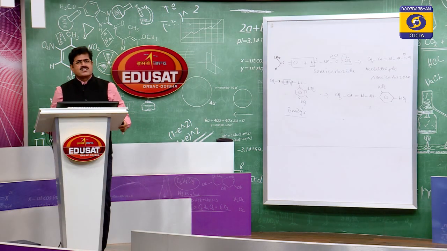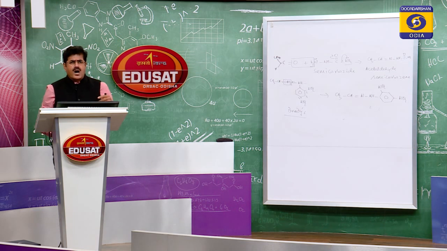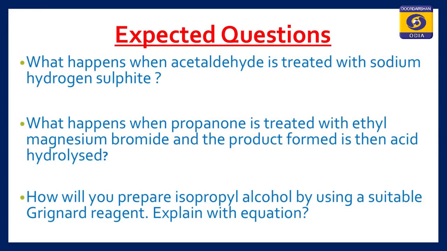Next, let us see what are the questions we are expecting on the basis of these reactions. The expected question is: what happens when acetaldehyde is treated with sodium hydrogen sulfite? You know this. Acetaldehyde with sodium hydrogen sulfite gives acetaldehyde sodium bisulfite addition compound, which is a